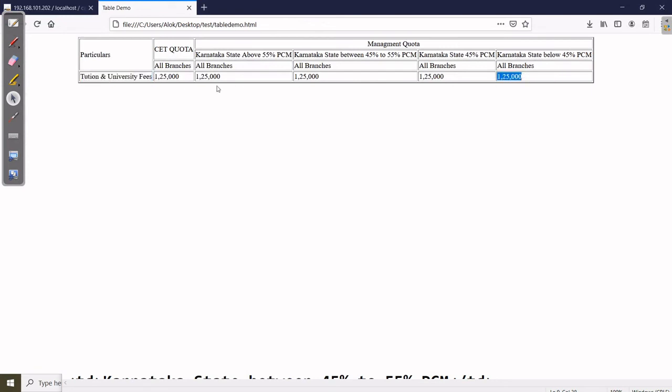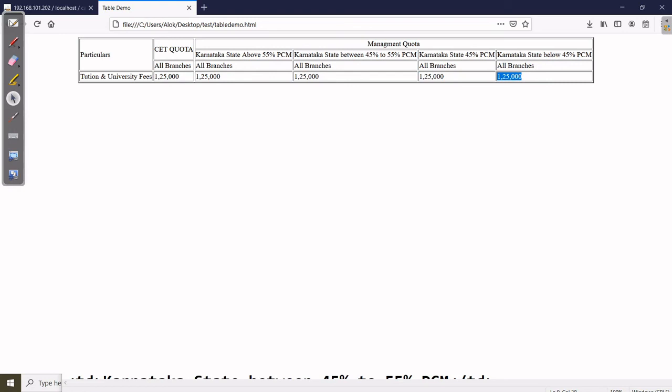Clear? So in this way you can use the row span and col span. Row span and col span are very important but very simple in table designing. Only you should know, once you catch how many maximum columns are there, which columns and where the column merge, where the rows merge, then the coding is very easy. Otherwise this is a complete complicated task for you. Okay, and one more thing, here you see these values are not in the center.